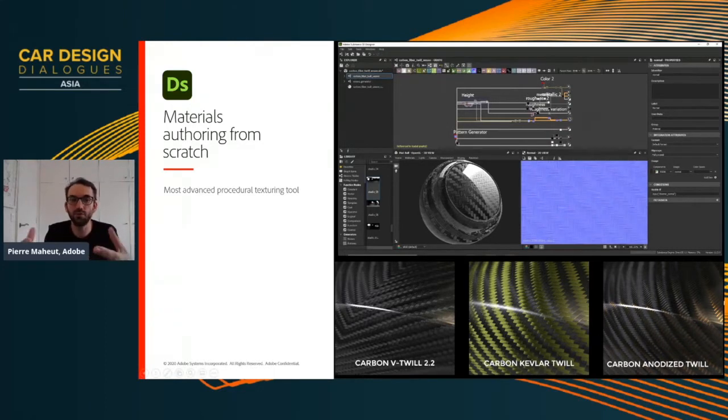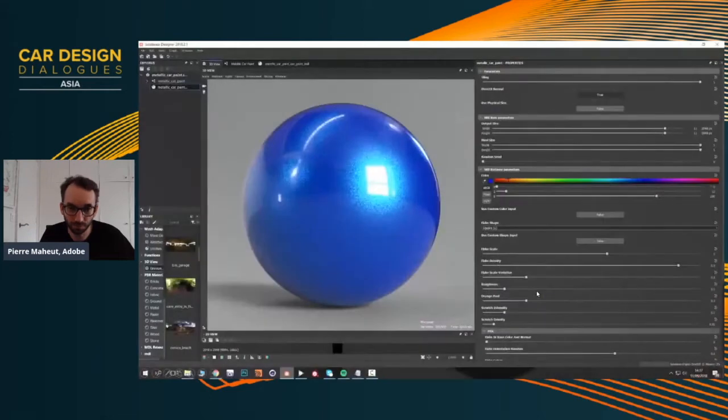So here, for instance, you've been producing this material fully procedurally in Substance Designer. You save it in Substance Material format, SBSAR, and then you are ready to use it in VRED, Unreal, Unity, etc. And having access to the different tweaks, the different changes, you can see here on the bottom.